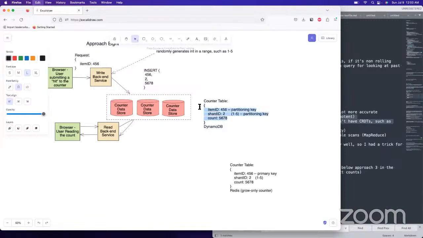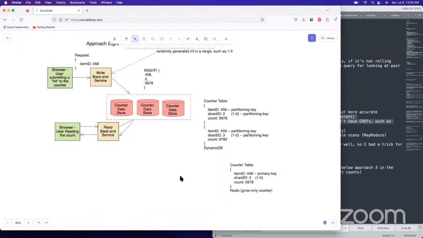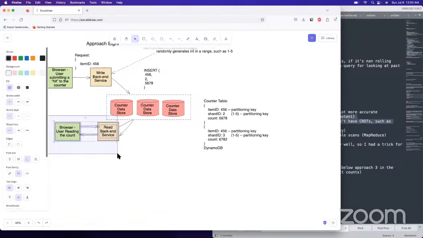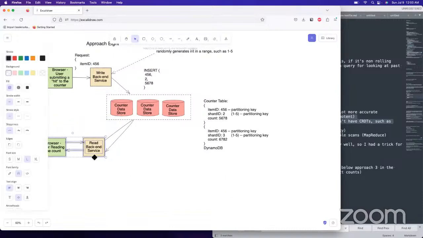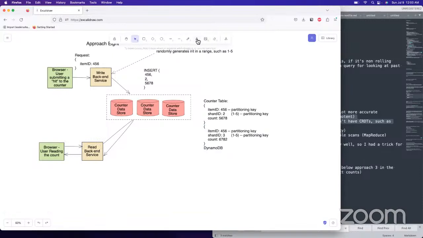So let's say we have, I'll draw some of the other records. So we have 3, and then this other one has like 6, 7, 8, 2. So we would need to get all 5 of the shards. Let's kill that. And then let's show what our select statement looks like.